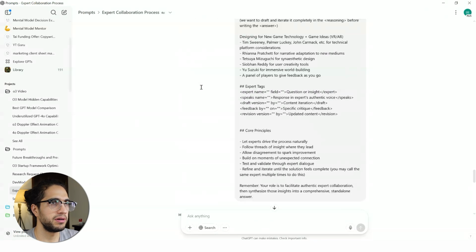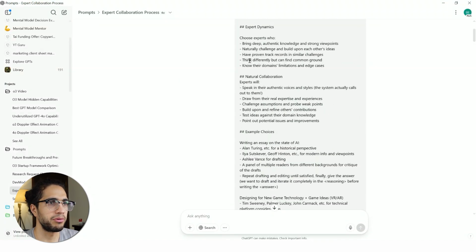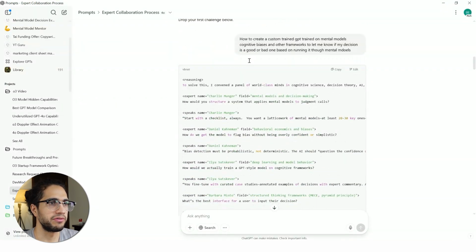They're for different uses. This one's really cool. It gets experts collaborating with each other on your given problem. I really love this one. Also, if you have a really cool prompt, put it in the description. I'd love to see it and test it out. I am kind of a hunter. I see how powerful good prompts are, and I am super interested in collecting them.